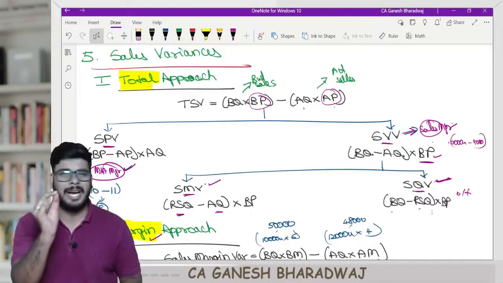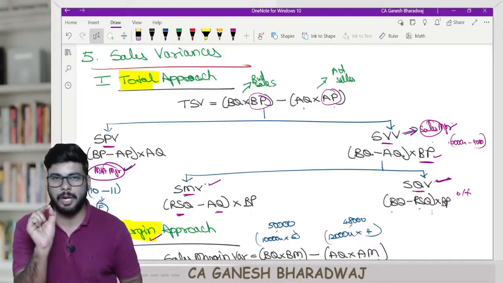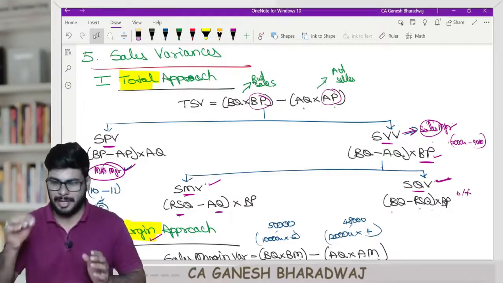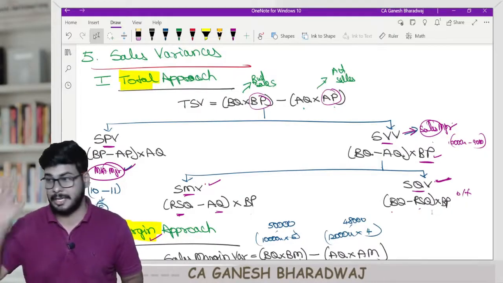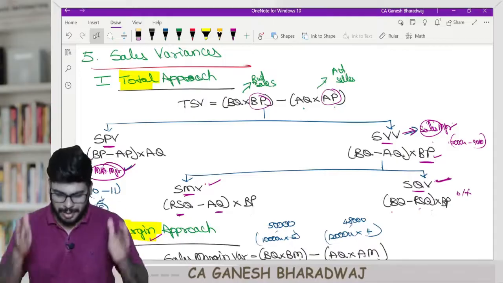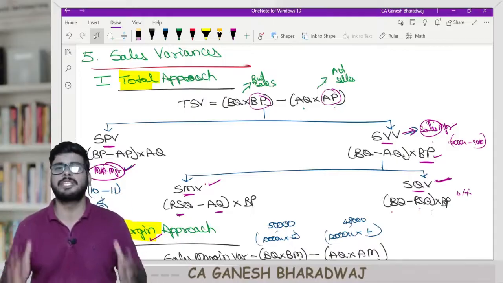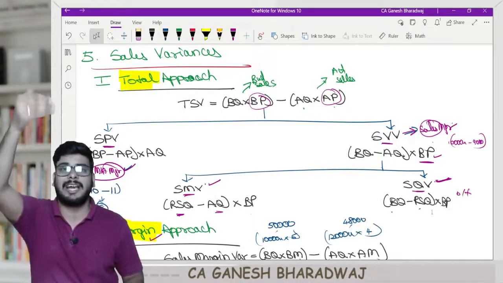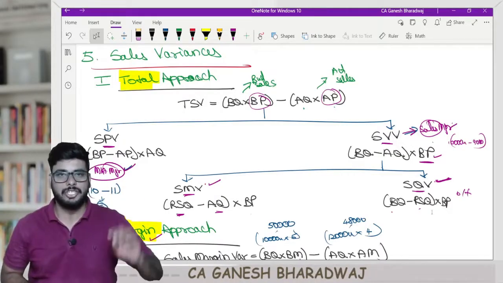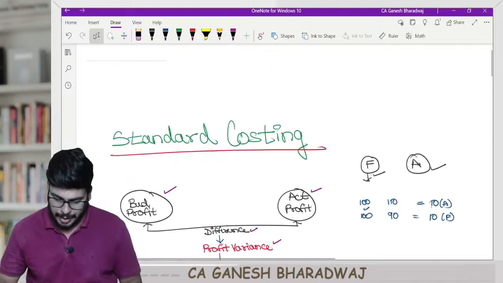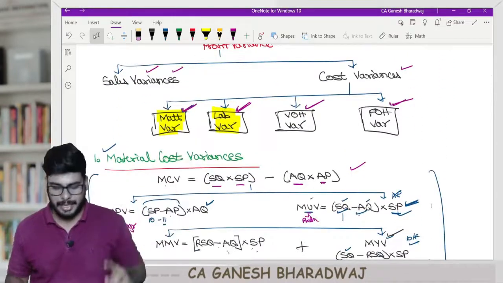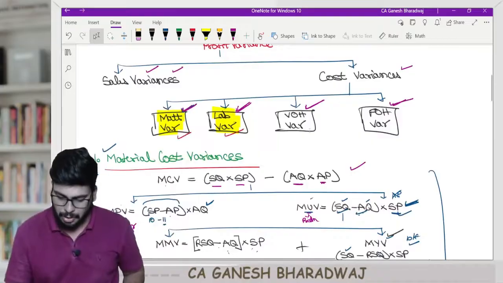Now, one more thing. I think there are one or two questions involving reconciliation. That I am not doing in our marathon. In our regular lectures, that is also done, but do not worry about it. The main core area of this particular chapter revolves around the calculation of all the variances. So basically, what are the different types of variances that we have got? We have got 4 cost side variances and sales side variances: material cost variance, labor cost variance,